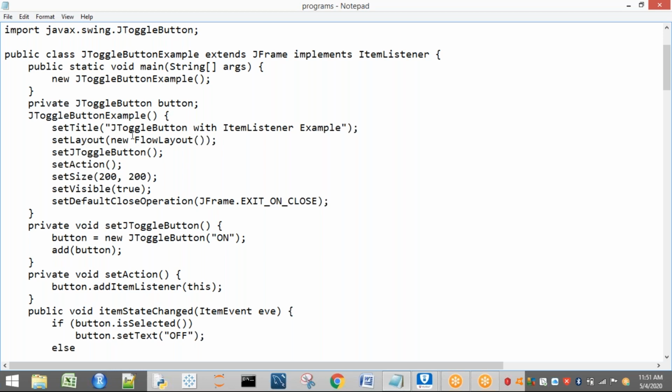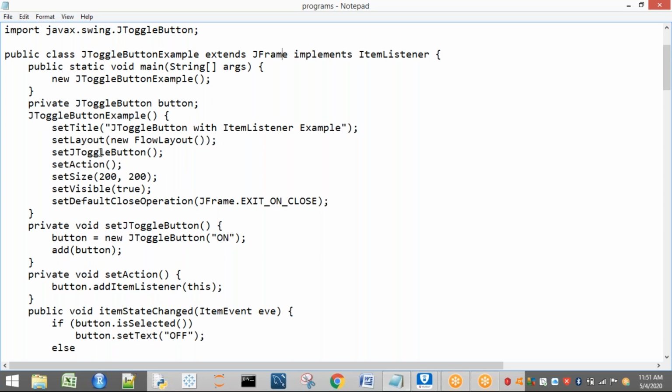Now see, whenever I use set JToggleButton, it will come here and go directly. We can write the concept here also, but generally I have taken some methods here. So in place of this set JToggleButton, I can use these two buttons here, no problem. So what I'm going to do here: new JToggleButton on. That means one state is on. Next, I'm going to add the off button. Two buttons I'm going to create. One is the on button, and I'm going to add this button.